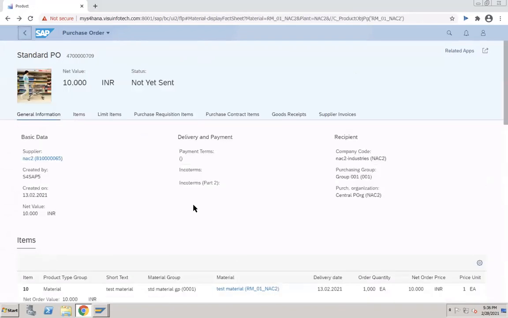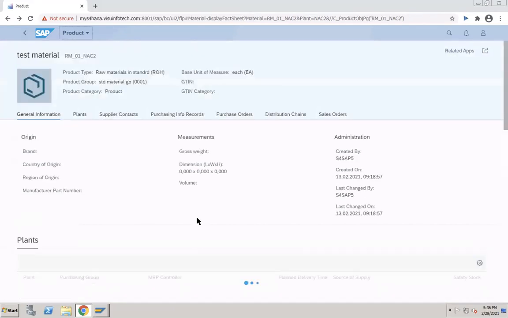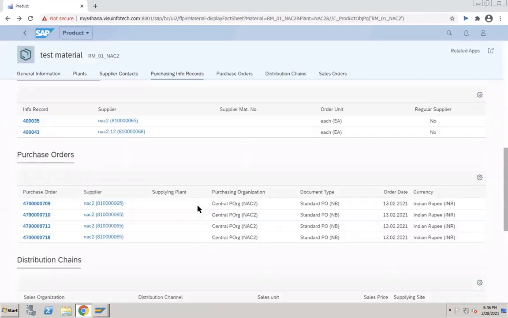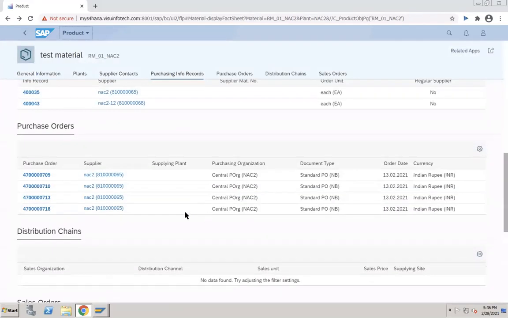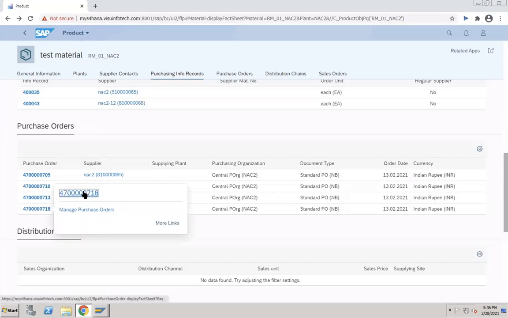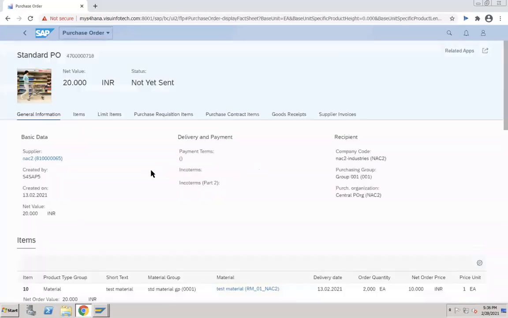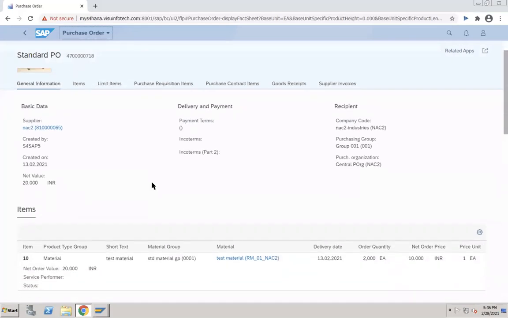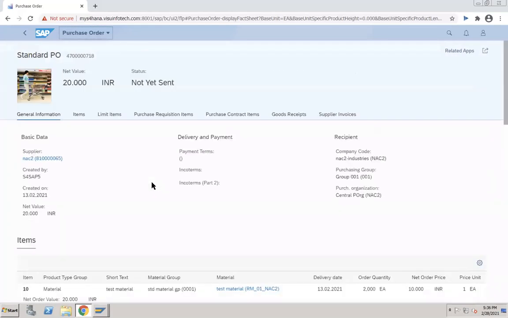Go back here. We'll go to another purchase order. Let's say this one. Status is not yet sent, so GR is also not done.